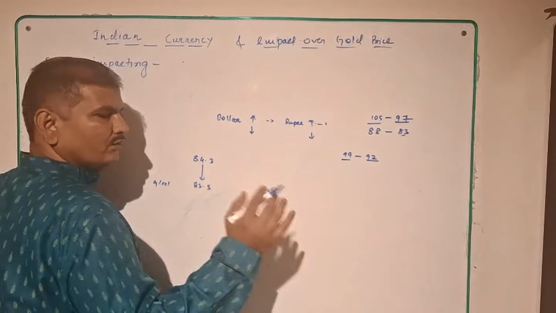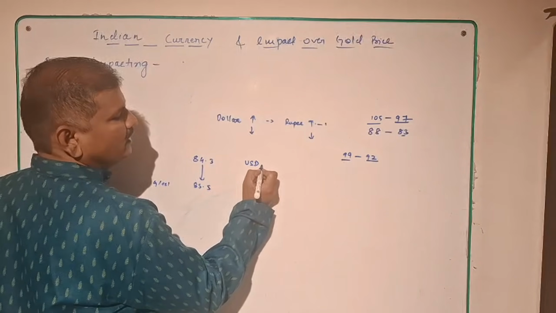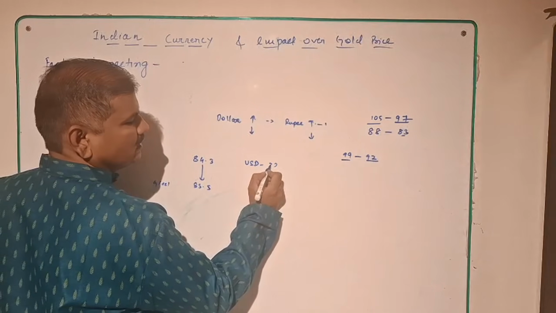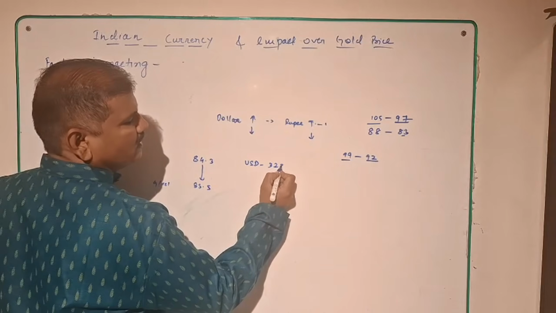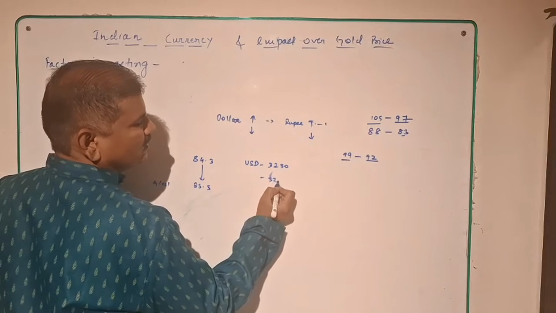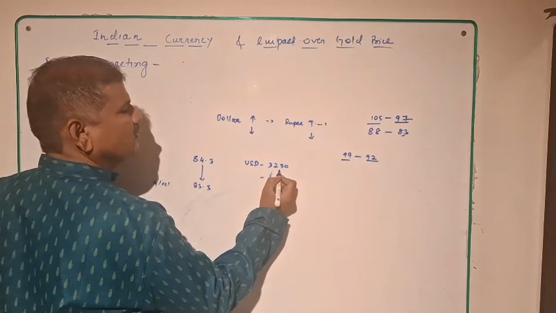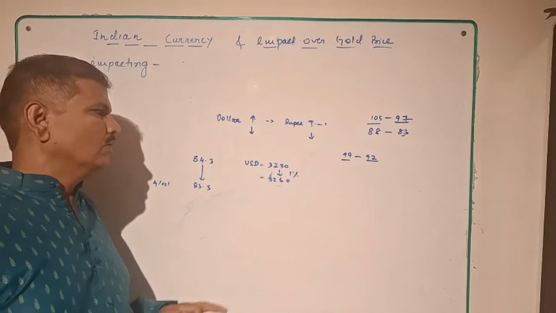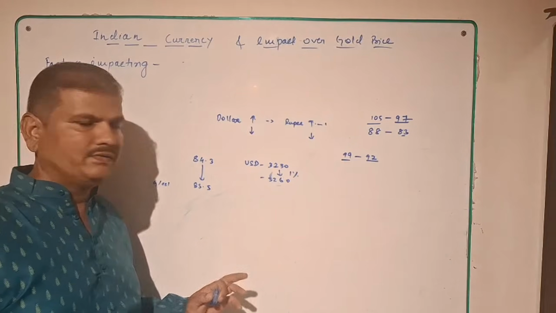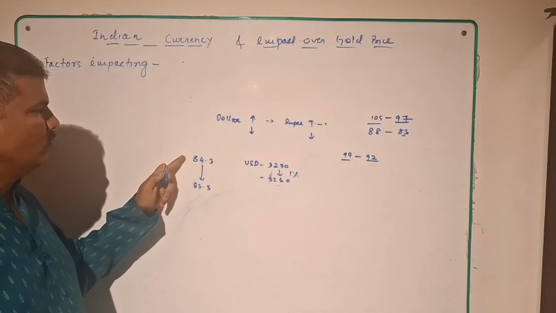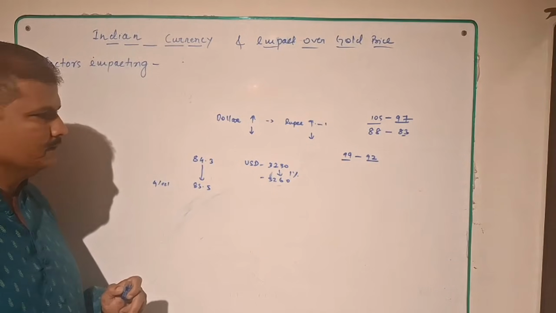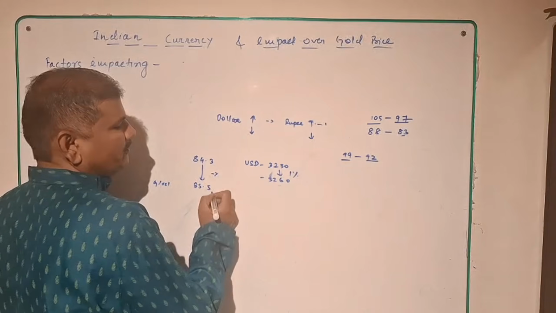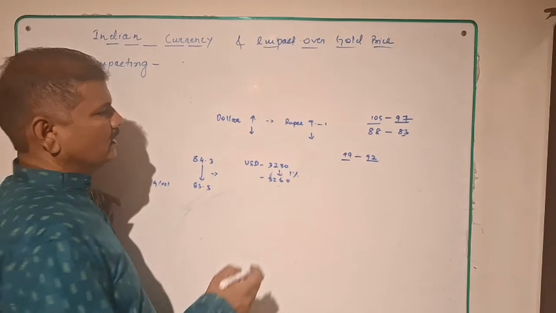But the value of gold with respect to USD in the same time increased from 32,000 to around 60. So there is an increase of 1% in the valuation of gold price with respect to USD because of some international factors, but at the same time the rupee also appreciated simultaneously. Okay, so the appreciation of the rupee will impact negatively on the gold price.